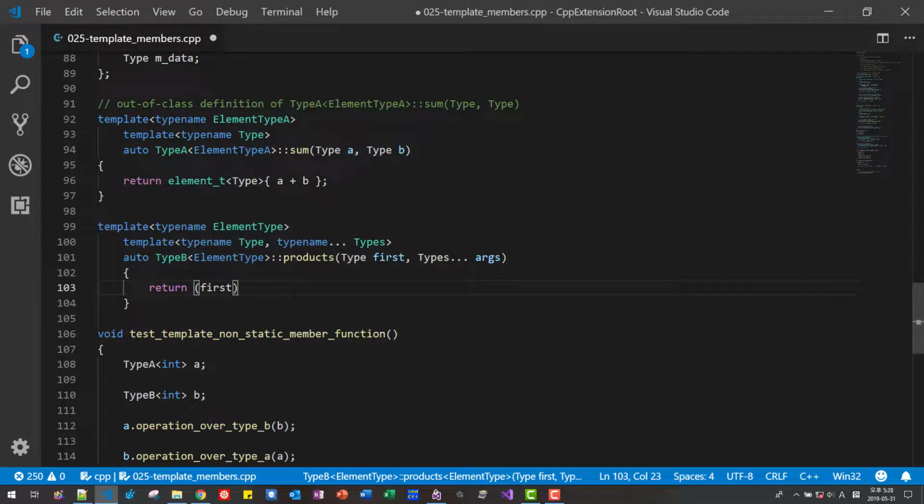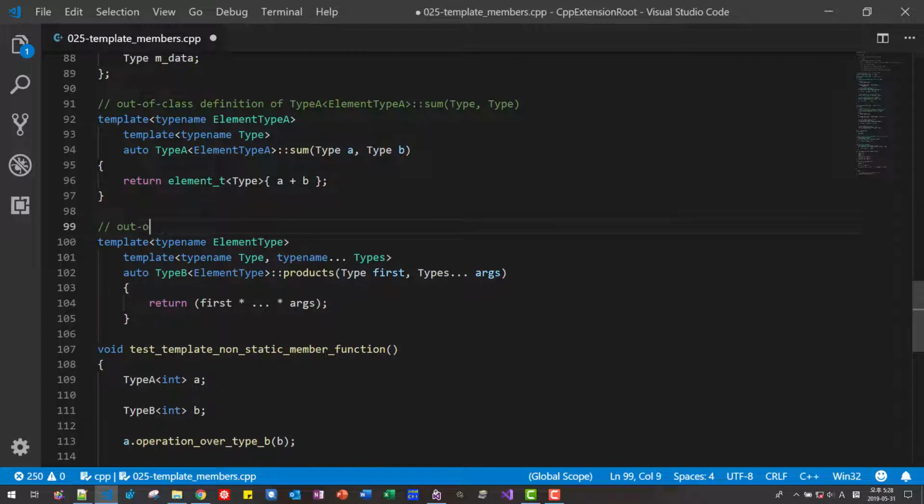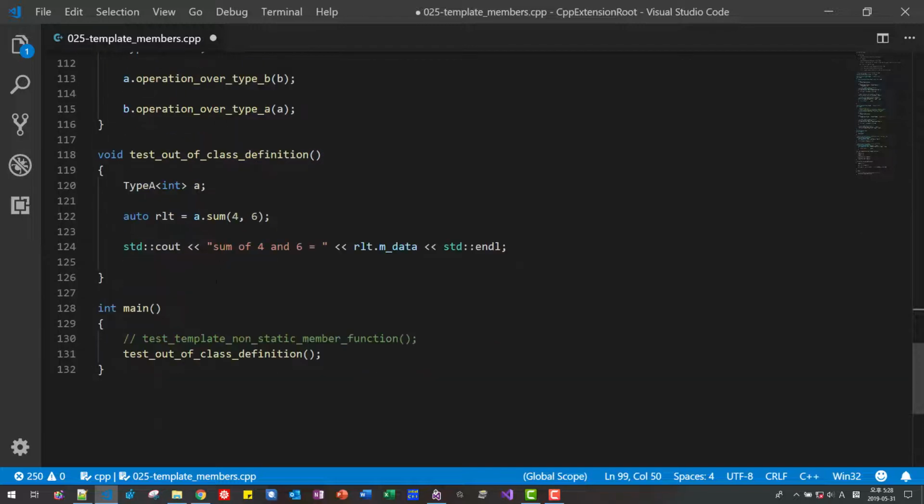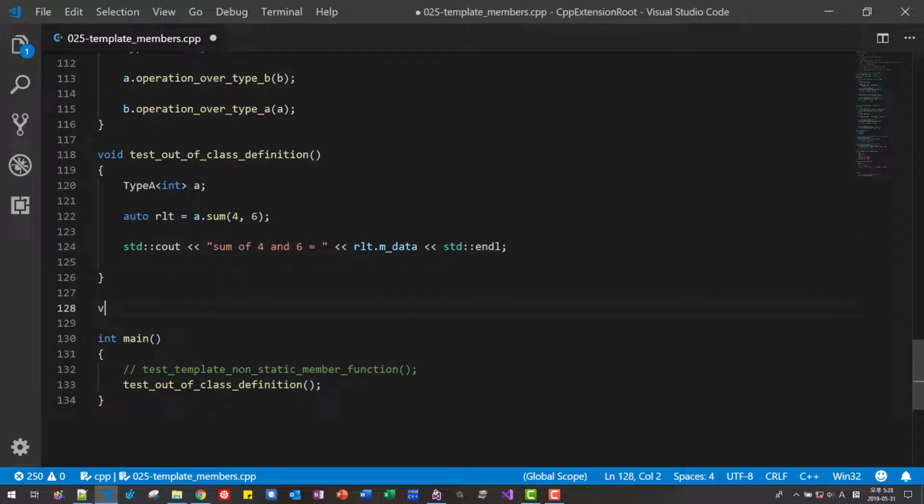First is this argument, operator is multiplication, args like this. This is product. Out of class static member function definition. Okay, now we will create another function, void test out of class static